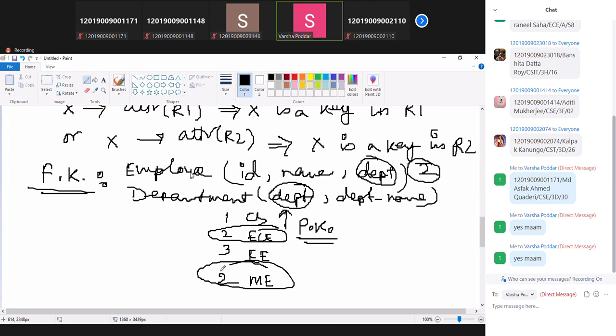Suppose I say that Rahul is an employee working in department number 2. But if the department table does not have department as its primary key, then 2 can repeat itself. Suppose 2 is EC, 2 is mechanical. So it will be ambiguous. Rahul is working where? In EC or in mechanical? We cannot say. So the joining key, the foreign key, must be the primary key of